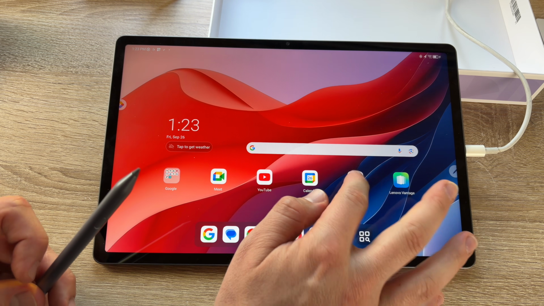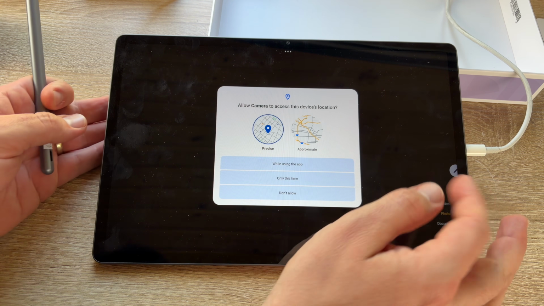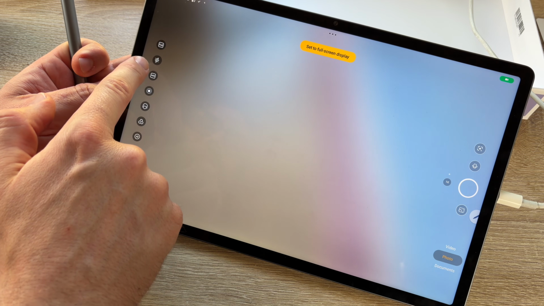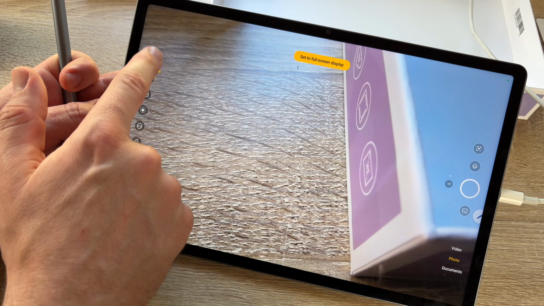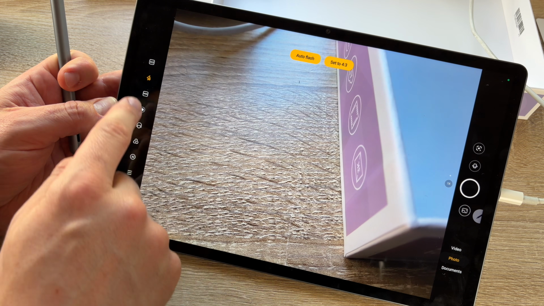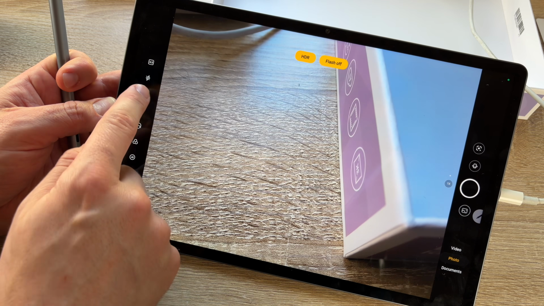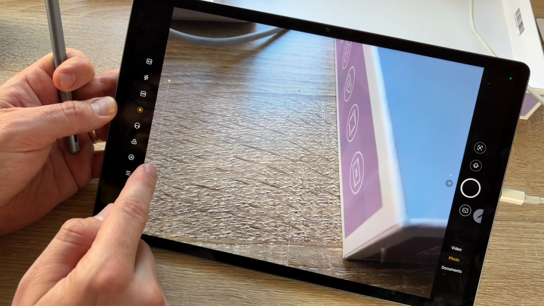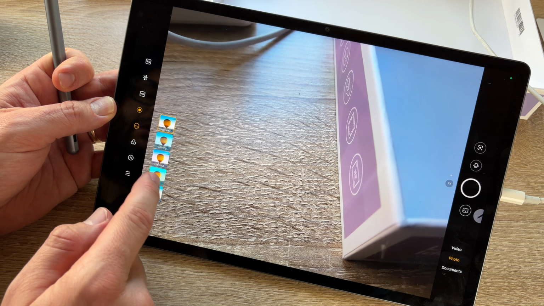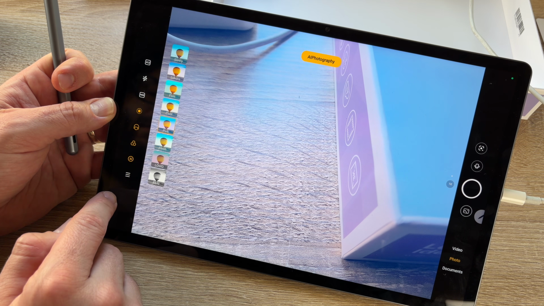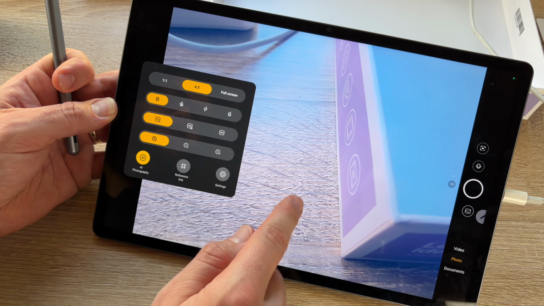And of course, we have a camera system which we can use here. We can switch between full mode, 1:1, 4:3. We can check the flash. We can enable or disable HDR. We can make a bokeh effect. We can make a beauty effect. We can use filters, for example. We can use AI photography, which we can choose.